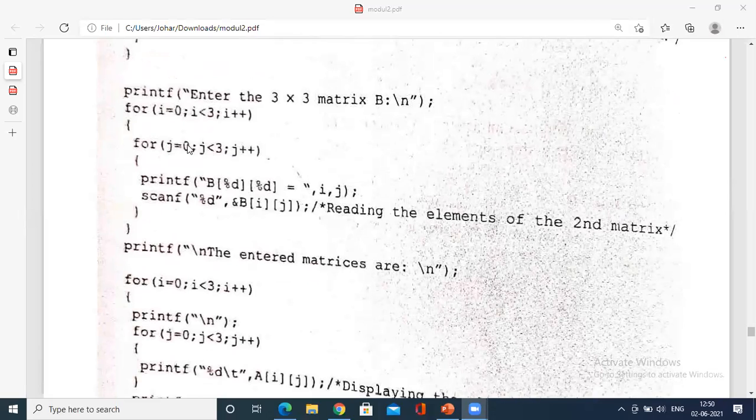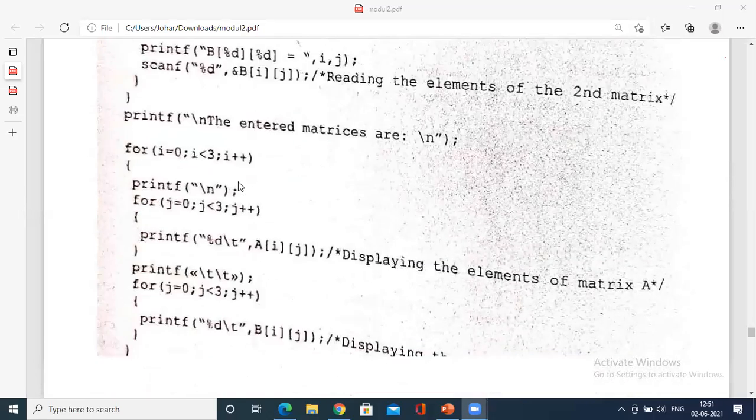First, it comes to the outer for loop and then to the inner for loop. Once the inner for loop iterates 3 times, that is, the first row is completed, it comes out. Then it goes to the outer loop with i equal to 1, that is the second row. Again, it will enter here for the second row: first column, second row, second column, second row, third column, and so on. Again, it repeats.